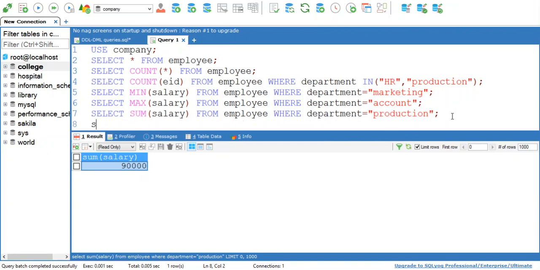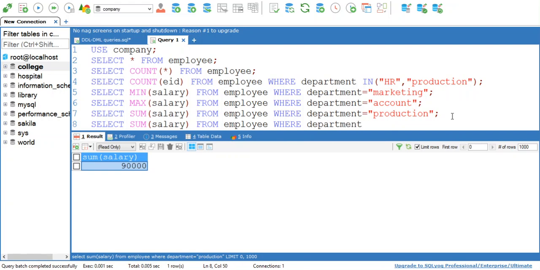Okay, so here you can use this summation of salary from employee. Now I want to find out the summation of all salaries for the department HR.